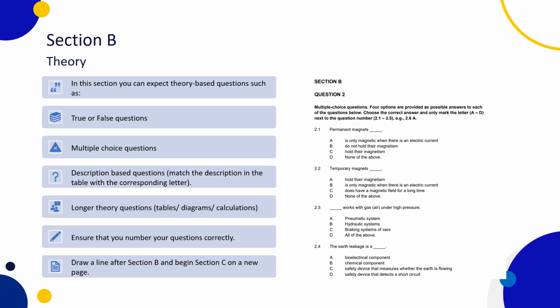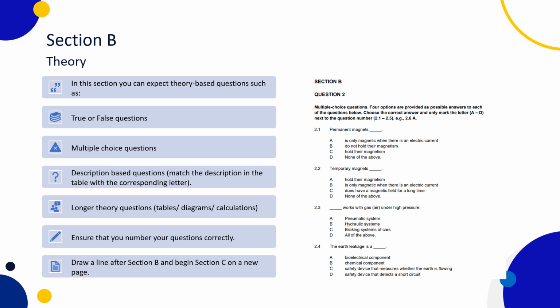Section B is your theory section. As you can see, there is an example on screen of what a typical Section B type question might look like. In this section, you can expect theory-based questions such as true or false questions, multiple choice questions, description-based questions